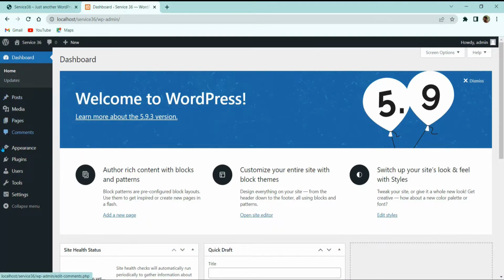Here on the left hand side you will see a couple of options. Here we have the posts option, media option, pages option. All these options are used to control all the settings of our website. Now let me give you a brief overview of what these options available in WordPress are. Then we are going to move forward with our